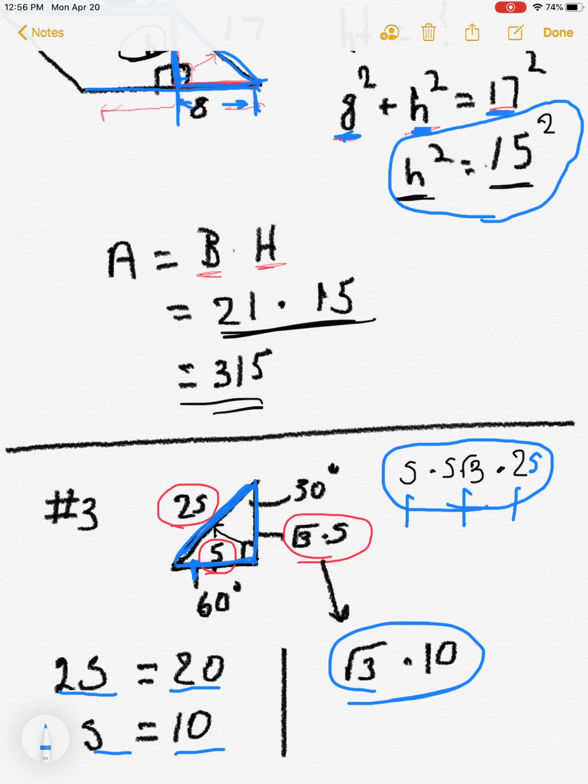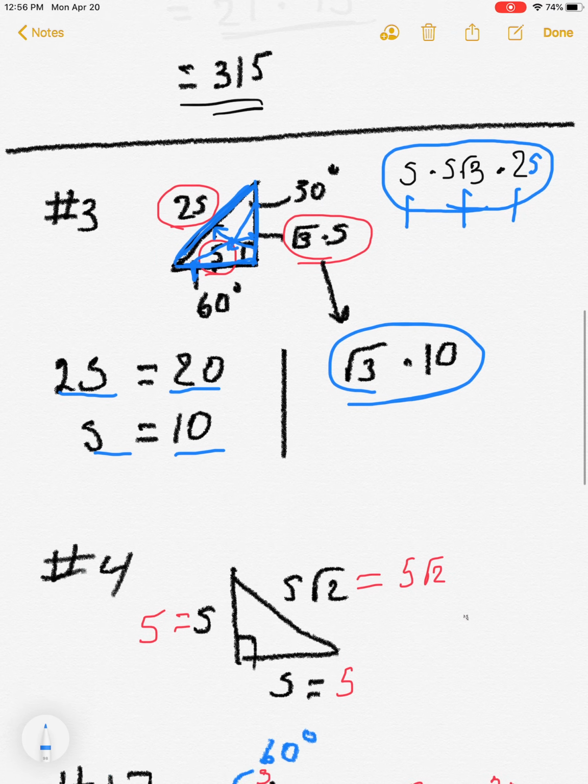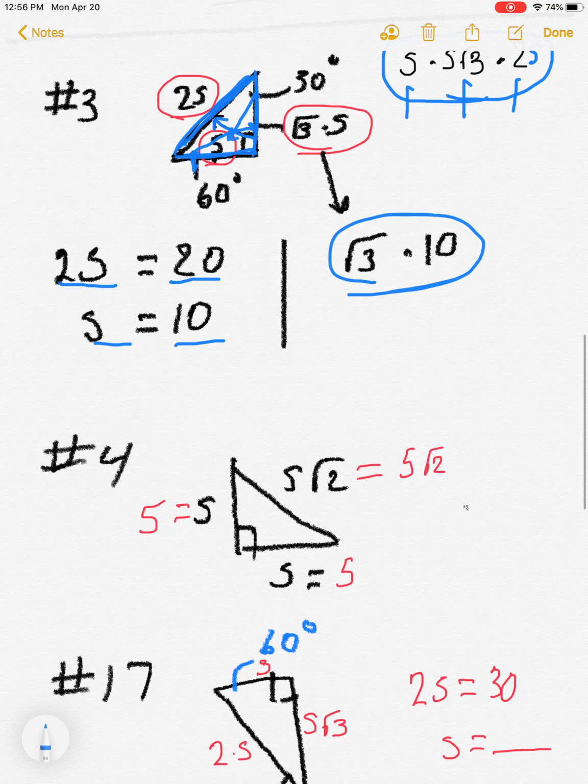Again, in a 30, 60, 90 degree triangle, the side across from the 30 is s. The side across from the 60 is s root of 3. The side across from the 90 is twice s. Let's move on to problem number 4. Problem number 4 includes a